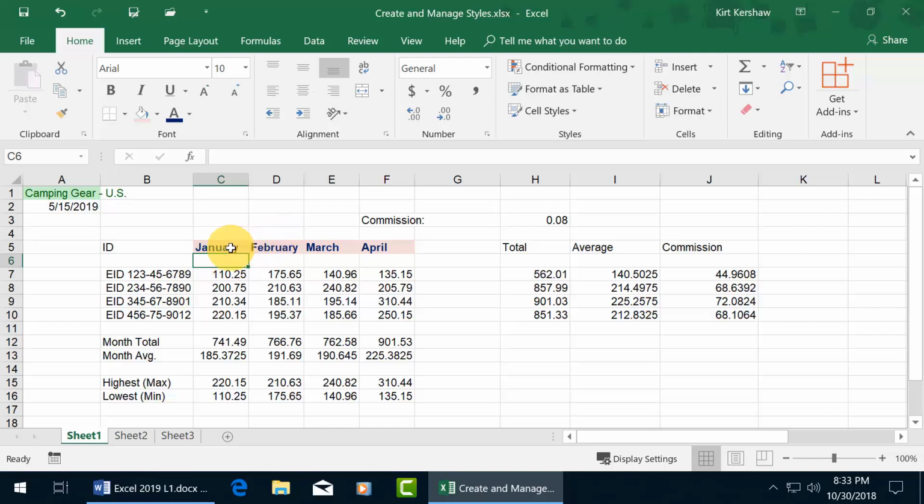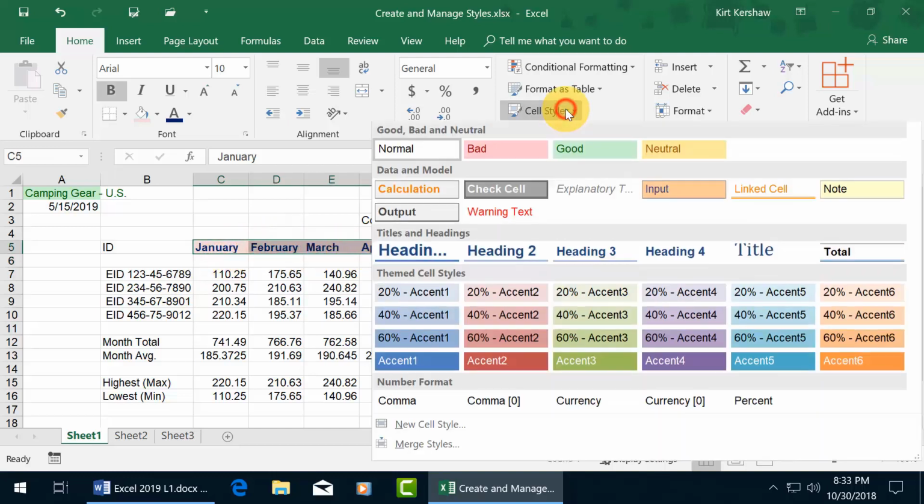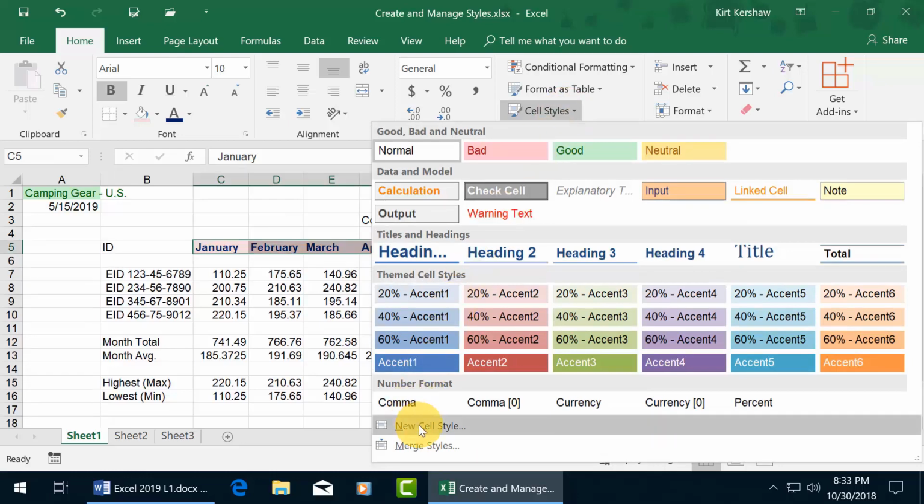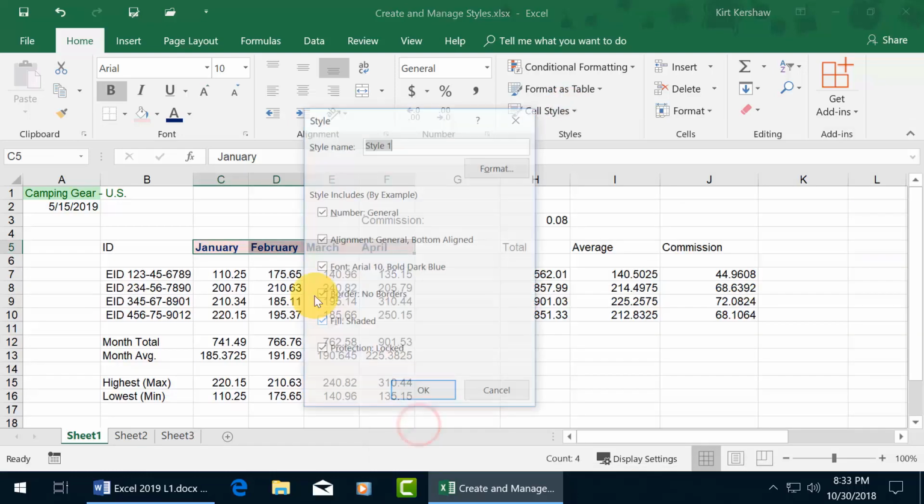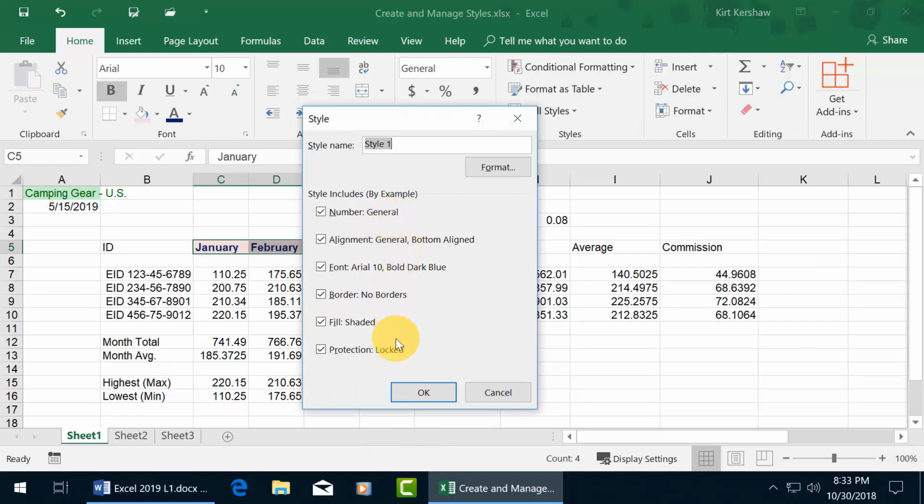If you want it to be a cell style, select it, come up here, click on cell styles, go down and click on new. When you click on new, it's going to suck in what you have selected here, and it's listed right there. And of course you can click on format, make some more tweaks and updates there, but I've got everything I need here. I just need to go ahead and give it a fun name, or it's a fun style,